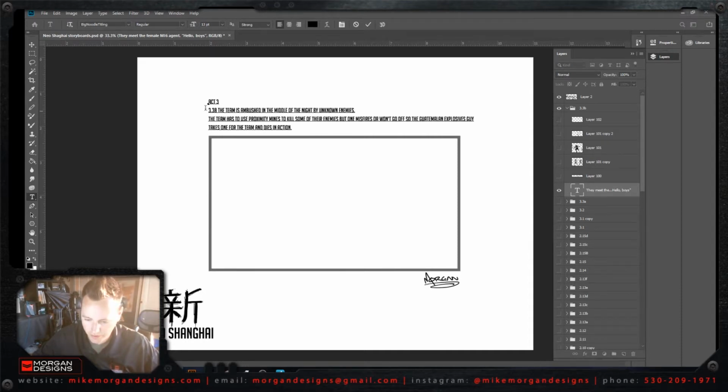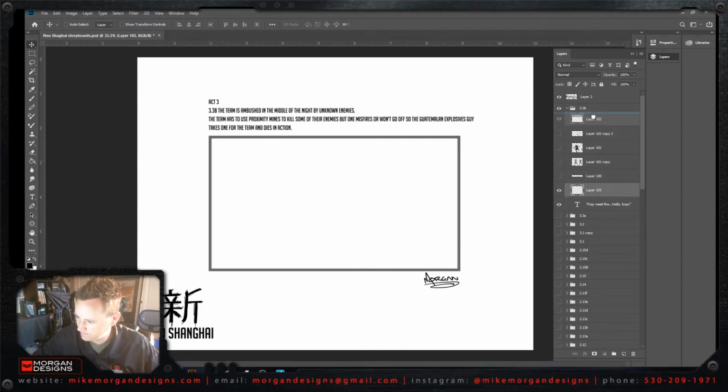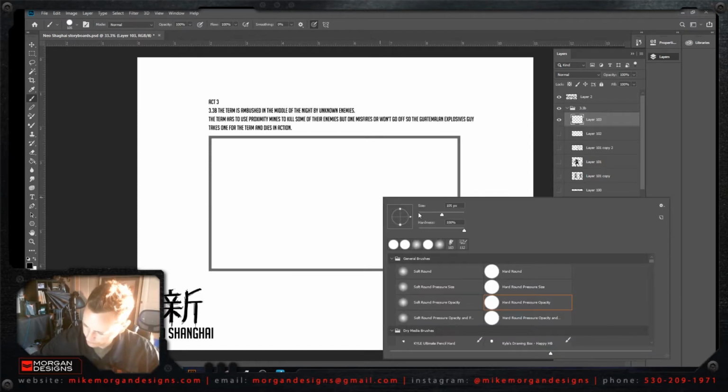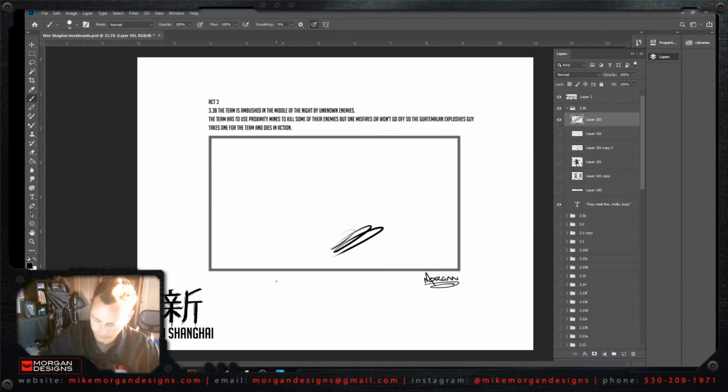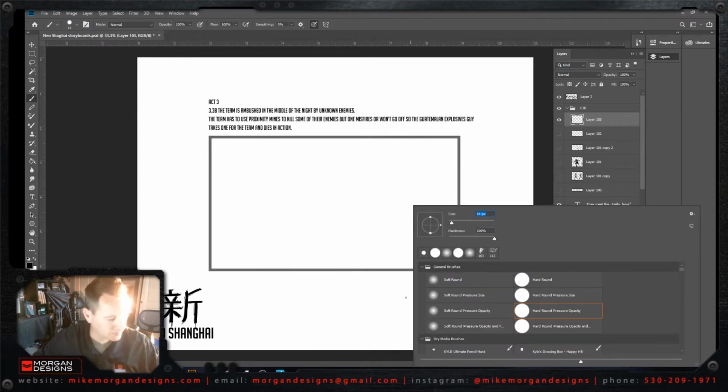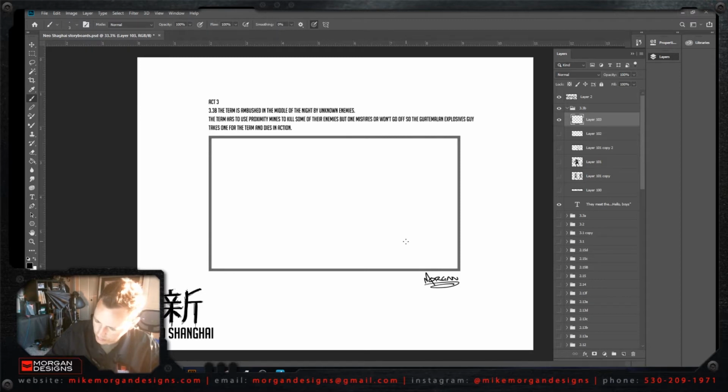The team's ambushed. Reading this, it says the team is ambushed in the middle of the night by unknown enemies. So that's the one we just did. The team has to use proximity mines to kill some of their enemies. So let's try to do that. We'll draw a proximity mine. So let's say they drop what we'll do is we'll have